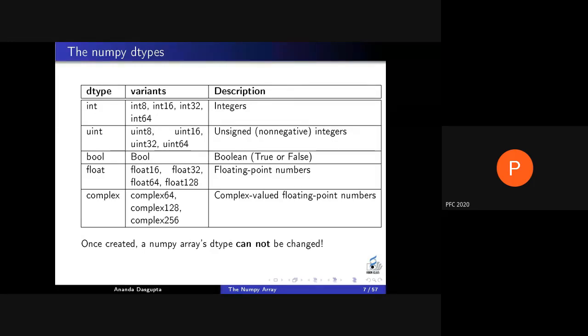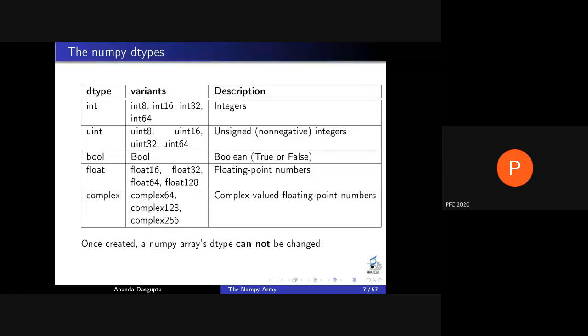Now, that might seem a bit strange, because just a while ago I was showing you an example of an array A with dtype int, then an array A with dtype float, and so on. But you have to realize that what was changing was what was being stored in the variable A. The arrays were actually different arrays, not the same array.